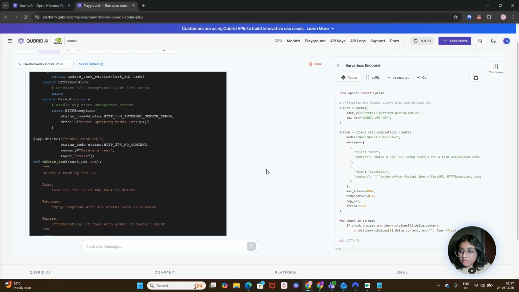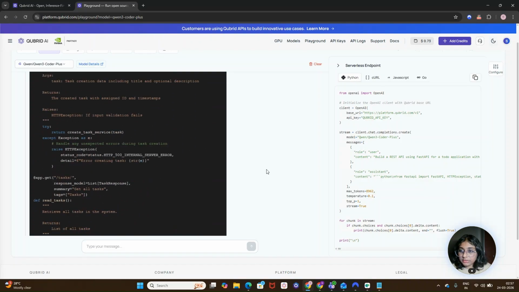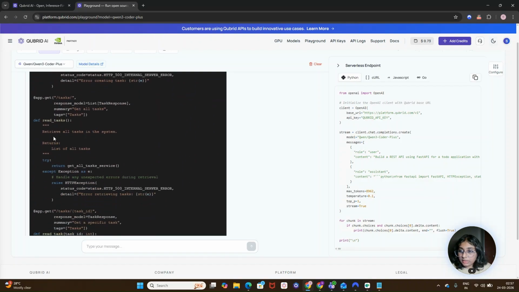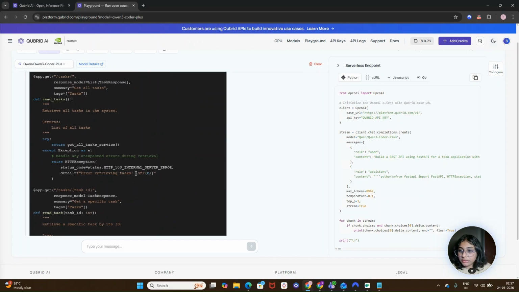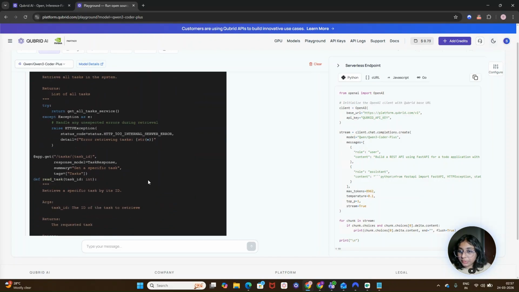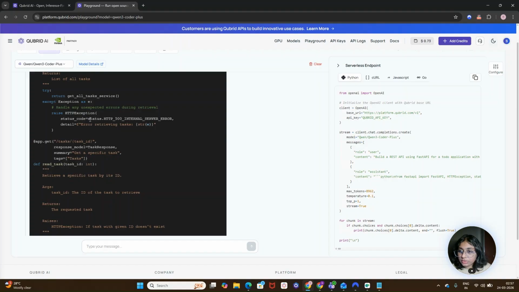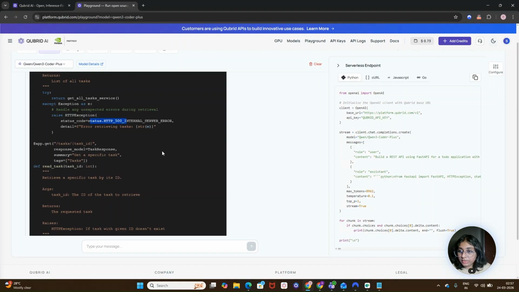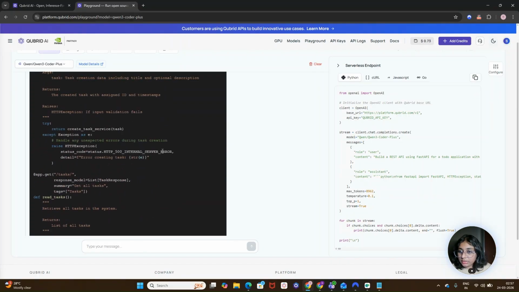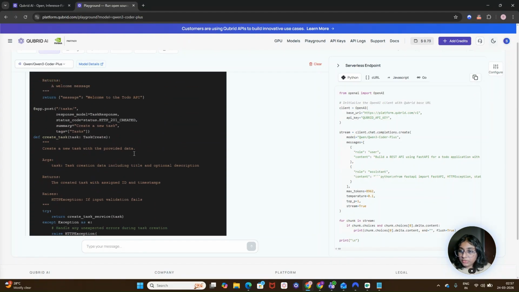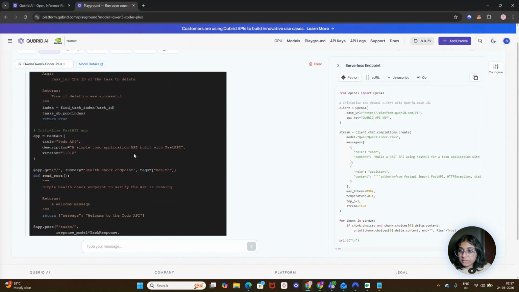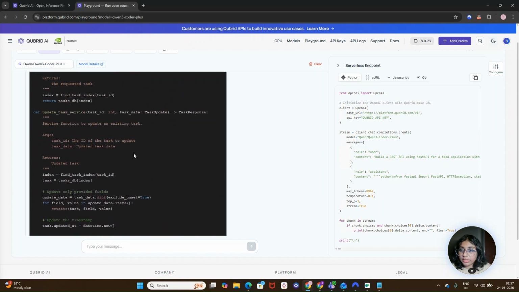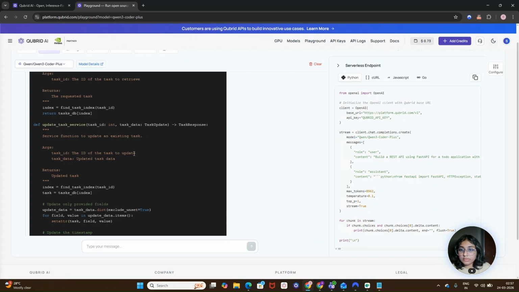This was the code given by the model, and it has given really good code over here. It has also included a 500 internal error as well as an error handler. This is quite interesting, that this code is quite detailed and comprehensive compared to the code given previously by the flash model.